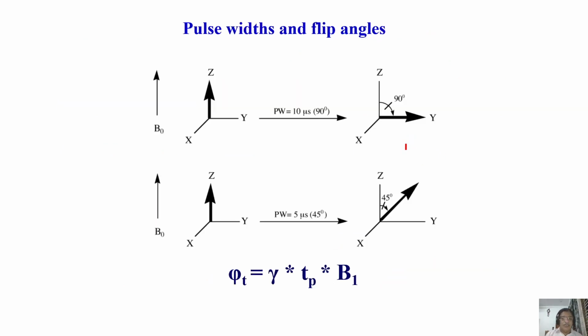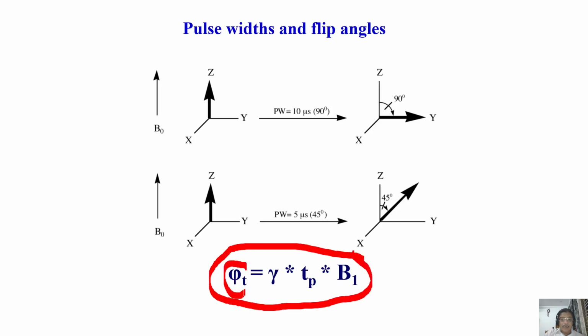And now the question is, how do I deal with the power and the pulse to get the 90 degree pulse or 180 degree pulse of my choosing? Whatever I want, I should choose. Remember, mathematically, you can calculate like this. The angle at which you can tilt the magnetization from the z axis to any of the other axes is governed by an equation, gamma times Tp times B1. This is an RF power.